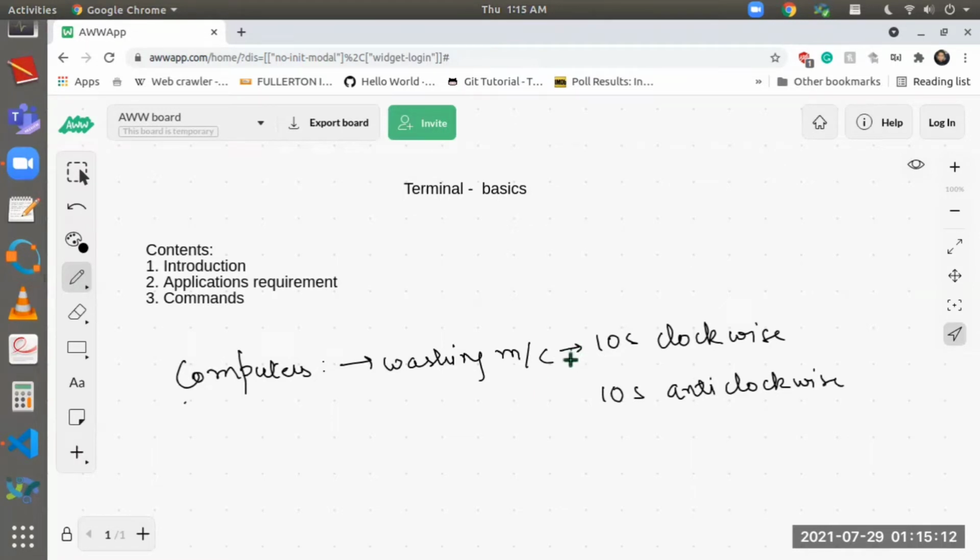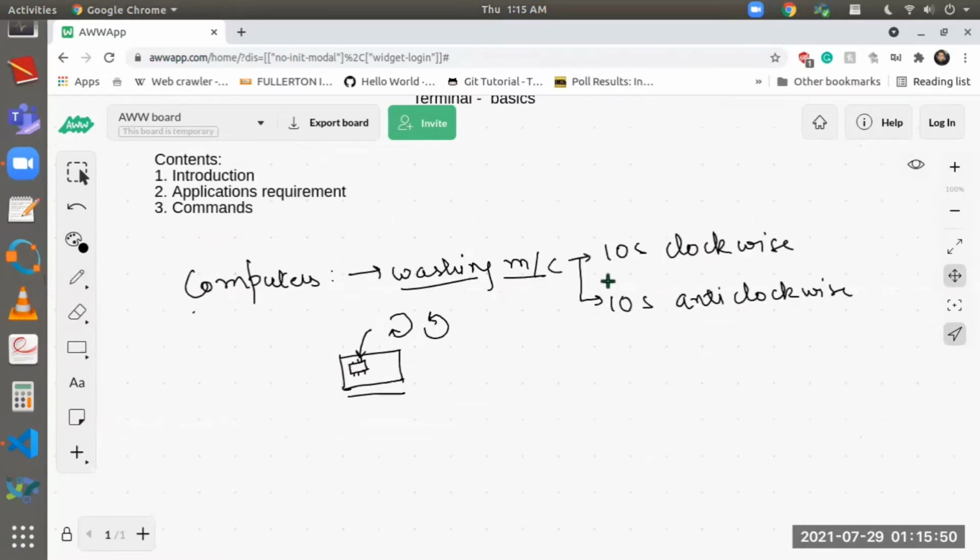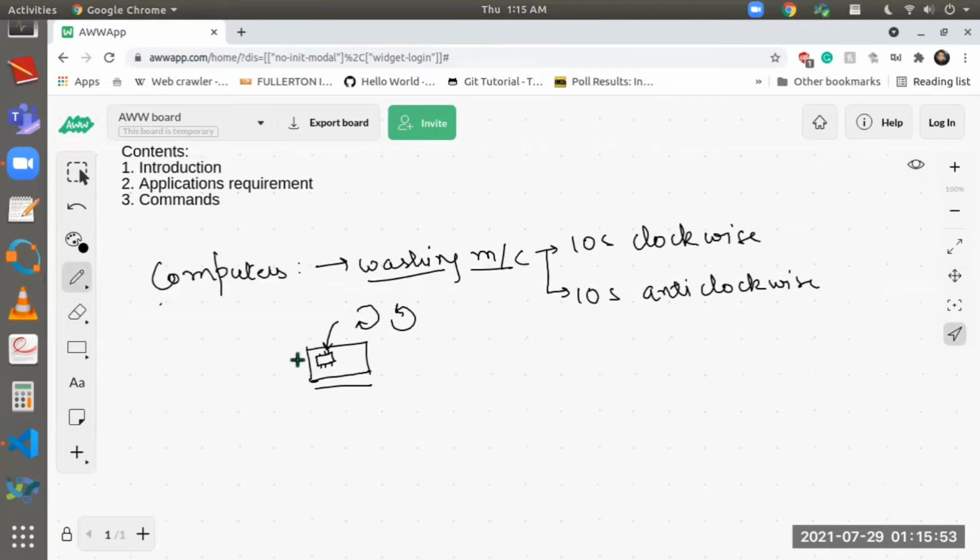Okay. Now there must be something happening inside the washing machine circuit board that will tell you how these actions are done. Like there will be a chip inside the washing machine, and inside that chip, there will be a hardware component, let's say an IC or something. In that, some programmer has coded down that for 10 seconds, the washing machine should rotate clockwise, and for next 10 seconds, should spin anti-clockwise. So this is a program that somebody must have written that is installed inside your washing machine. So this washing machine works on a program that acts like a computer. Okay. It also has some code running inside and what to do after every 10 seconds.